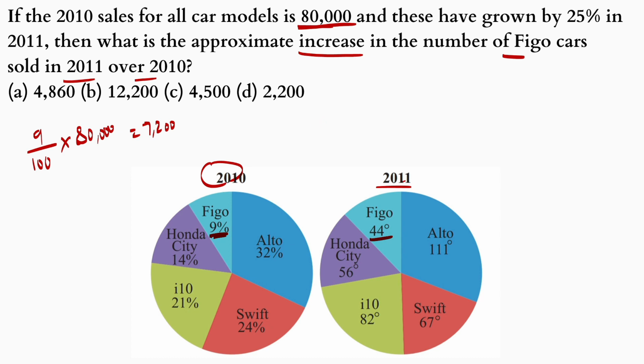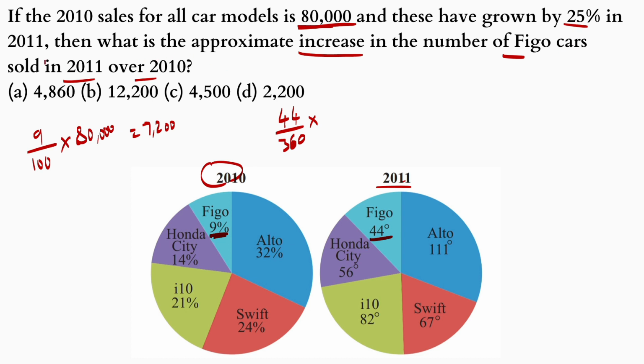Please remember here in the first slide we have discussed conversion of degrees into percentage and percentage into degrees, right? So 44 means total degrees is 360. So 44 by 360 into